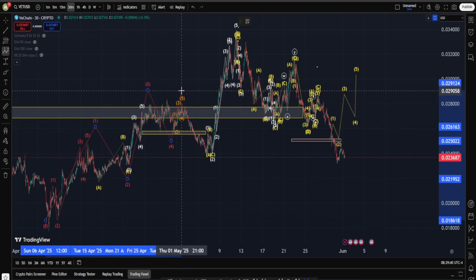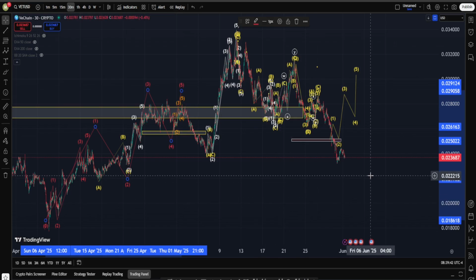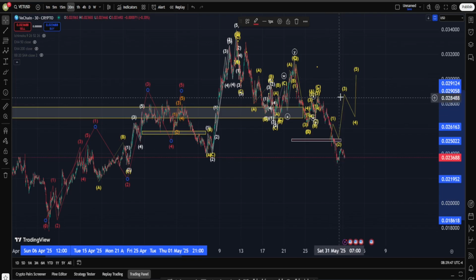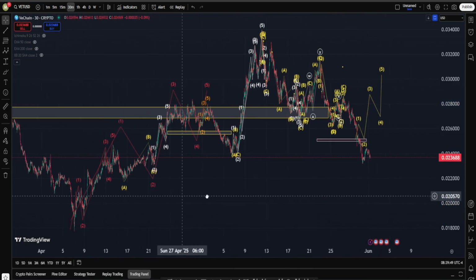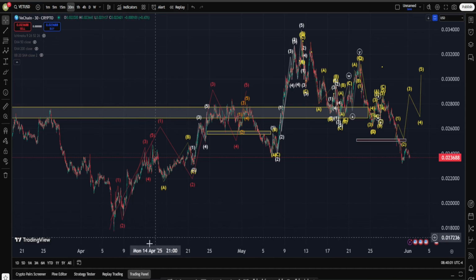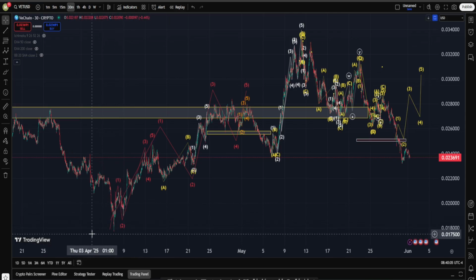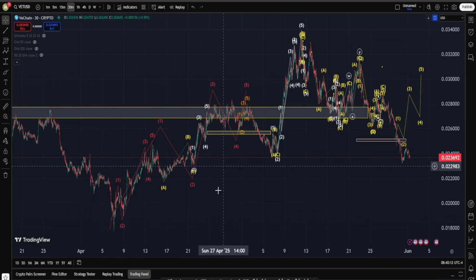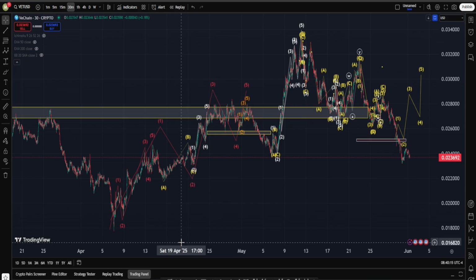most likely we're going to say it's a correction structure and not an impulse, suggesting unfortunately our move down is not over, and at one point we're going to get a good move on the downside in order to probably take the lowest low down here about 1.75 cents. And I want to be very clear, sure, in the short term we may have some pain, but overall, when we do go down and hit the lows, that is going to be, from my point of view at least, probably a massive buy opportunity,